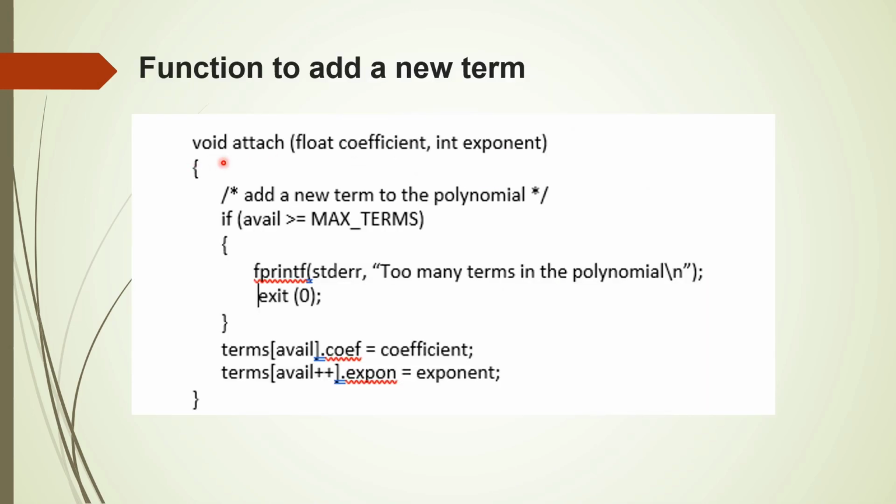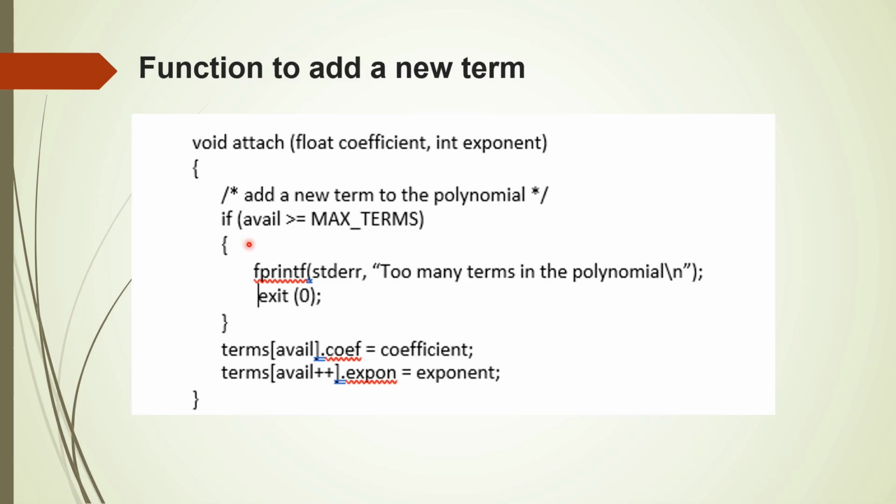We have used the attach function, which you studied in the previous function to add two polynomials. The job of the attach function is to add the terms either from polynomial A or from polynomial B to the resultant polynomial depending upon the condition. Before adding the terms, first you have to check whether free locations are available in the array term or not, because we have assigned a value 100 to a variable MAX_TERMS, which means you can have a maximum of 100 terms in an array including both A, B as well as the resultant polynomial.